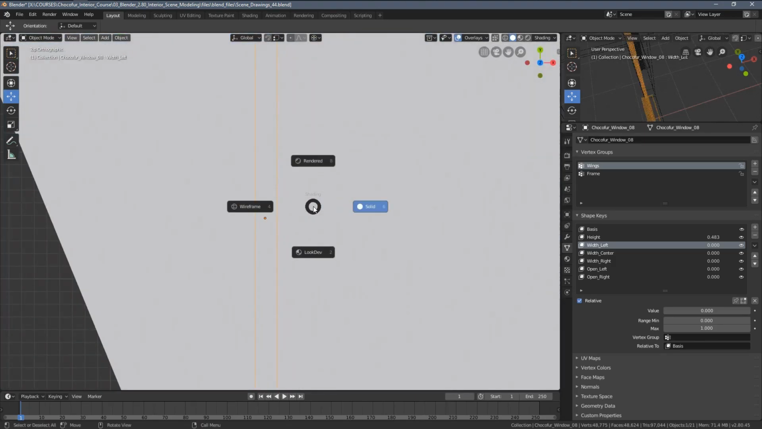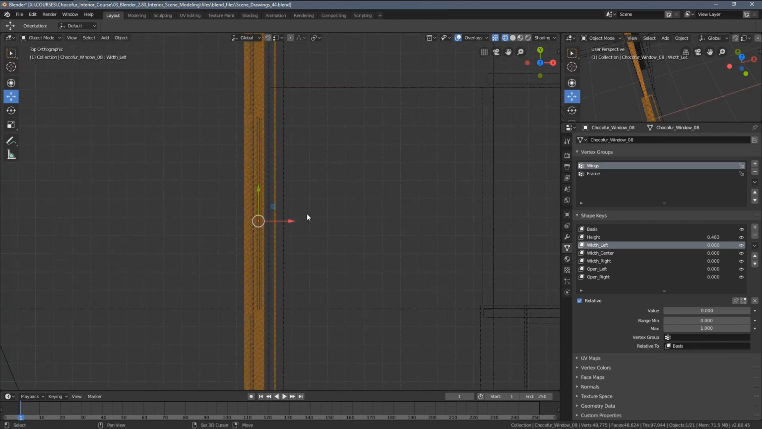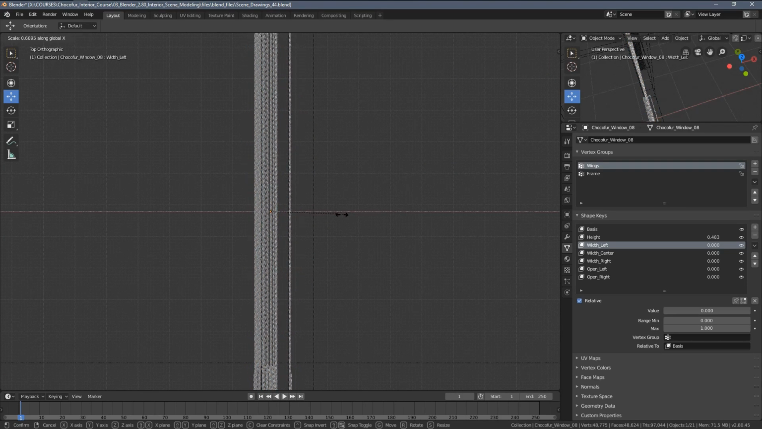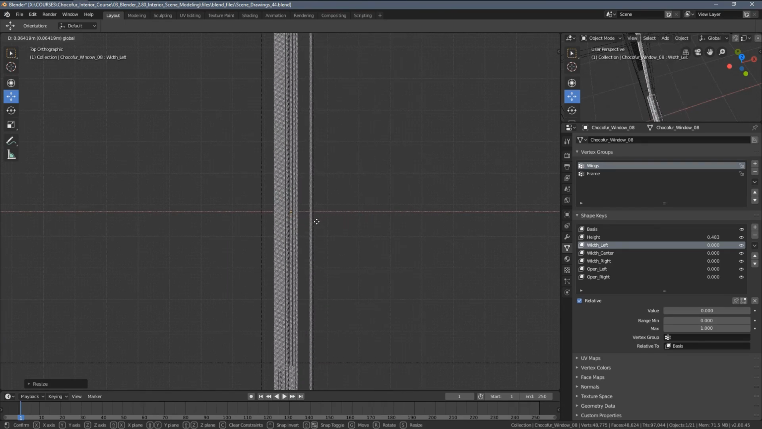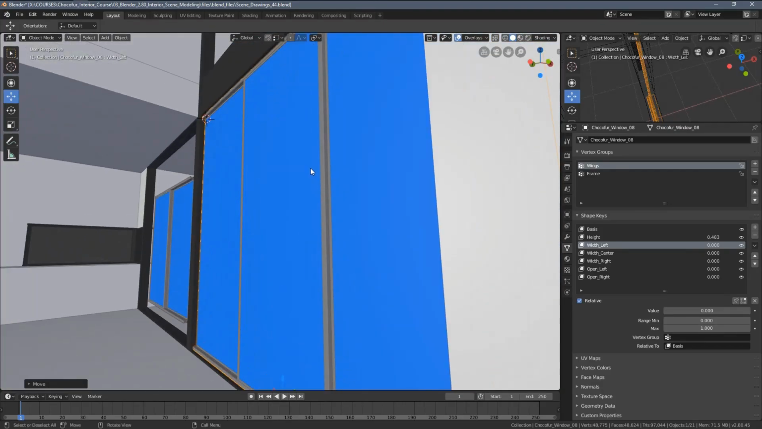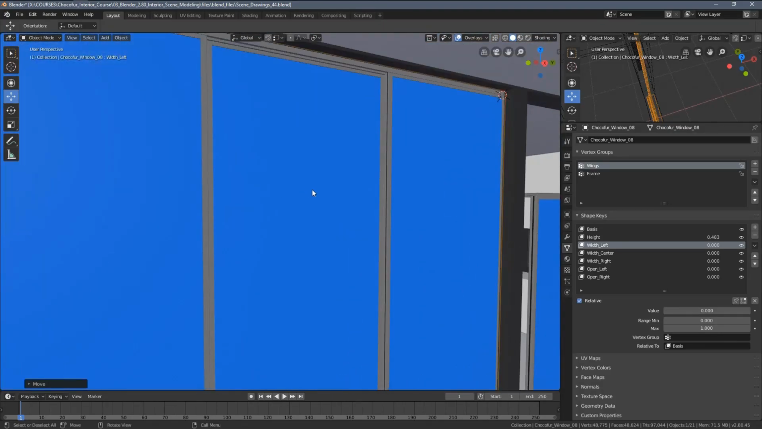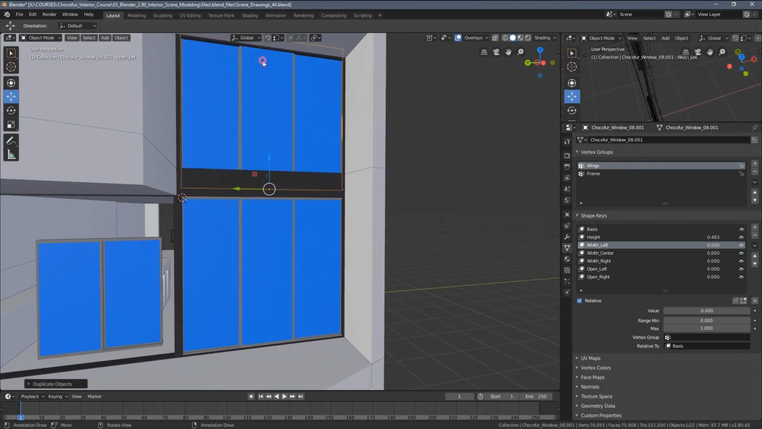I will just go to the top view for a second and decrease the depth of this window frame element. Move it somewhere here maybe. Yeah, so it's now pretty nicely aligned. I can also duplicate it. I'm just using Shift D